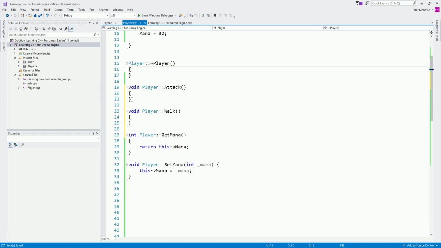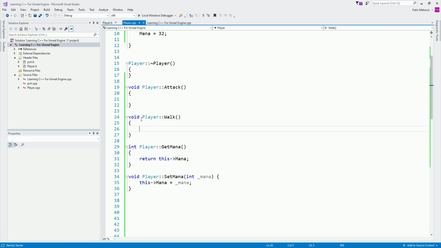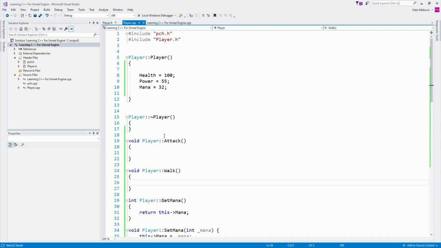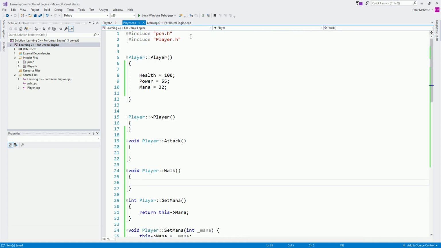And if I go back here, now we have the attack and the walk. Here you can add the functionality to denote that the player is attacking, and here that the player is walking.